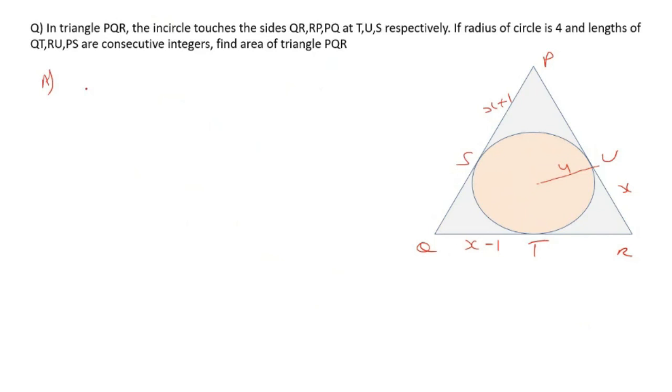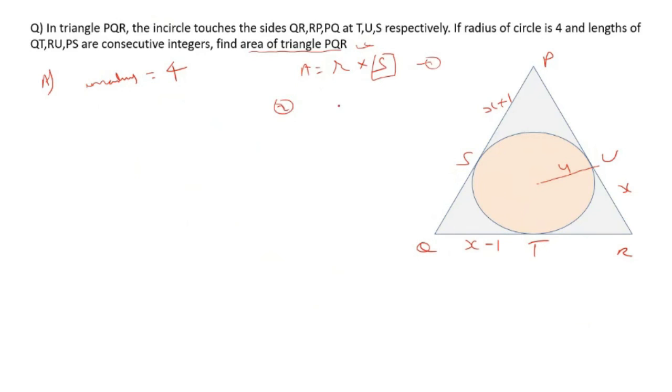The only thing we know is that the in radius is equal to 4, which is given. What do we need now? We'll get to the solution, but let's try to figure out the thought process behind this. Area of the triangle needs to be found out, and the in radius is given. So all I really need is the semi-perimeter. This is one way to find out. The other way to find out